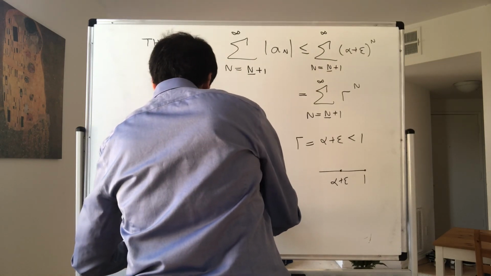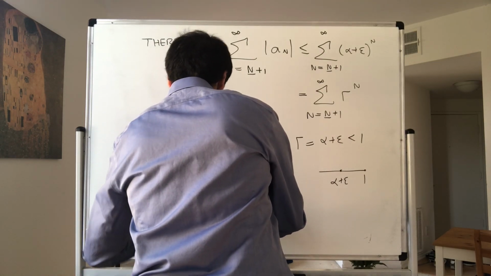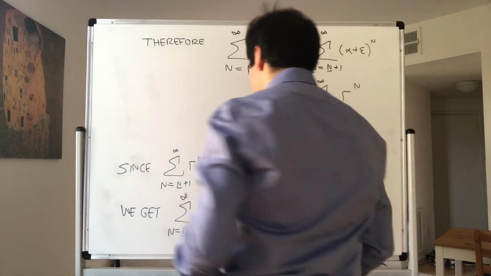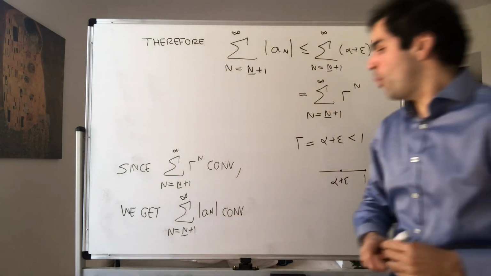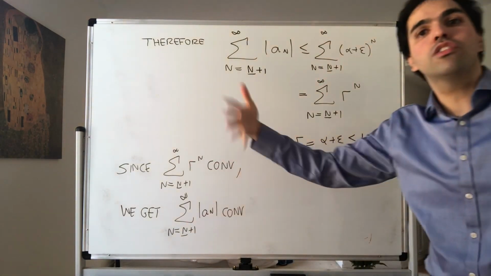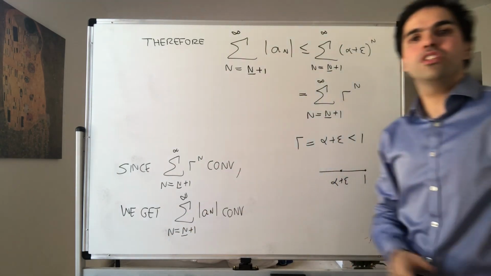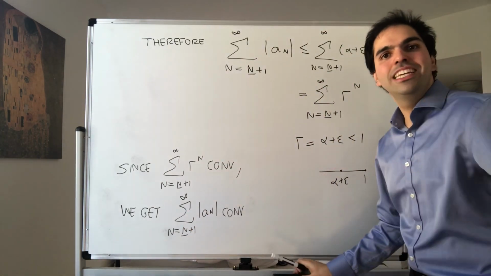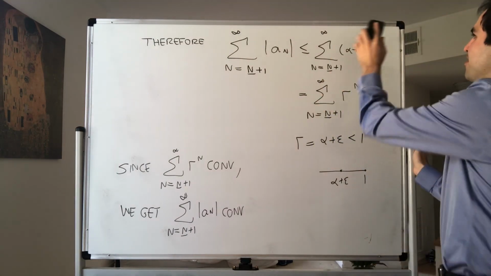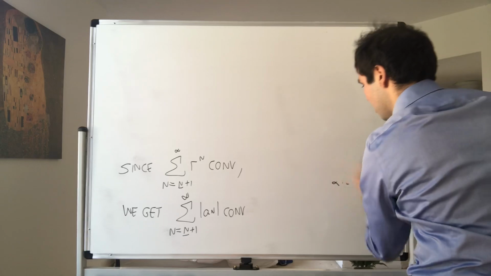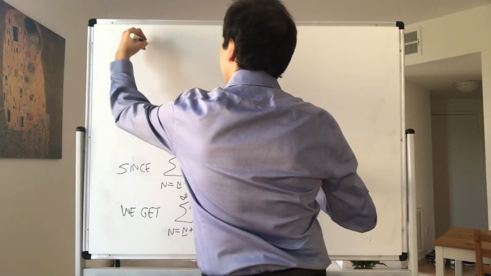But you see that was the important part of this series: all the terms for large values of n. But then in particular the whole series converges, because at the beginning you're just adding a couple of terms. So therefore, hence,